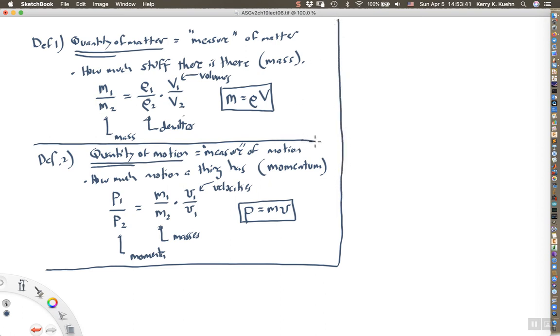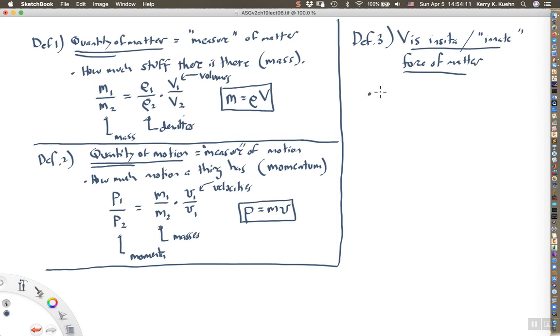What about definition 3? We can probably get through definition 3 and then I'll probably take a break. So definition 3 is vis insita, or the innate force of matter. What do we mean by vis insita, or the innate force of matter? He describes it as a power of resistance to changes in the present state of motion or rest. So I'll write that down. So something's vis insita is its power of resisting